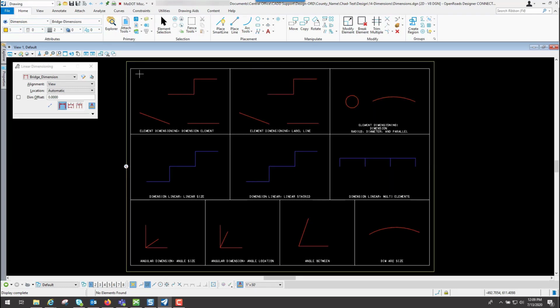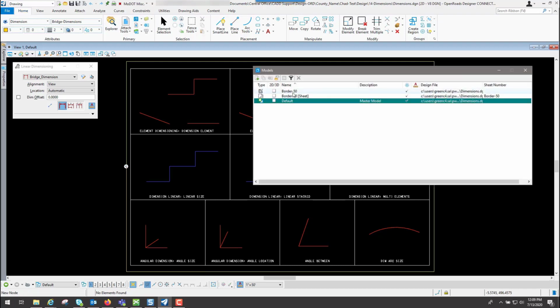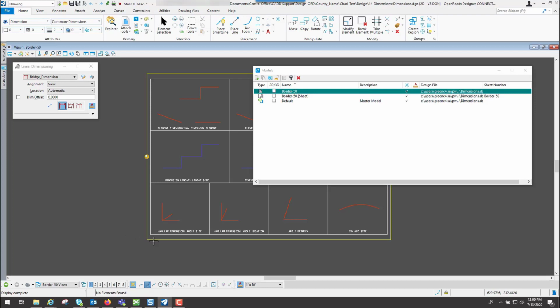Now, depending on where you want to place the dimensions, you could either put them in the default model or the drawing model. Bentley has it set up to where you do your plan graphics in your default model, and then if you go to the drawing model, which is this one right here, and the screen will look a little bit different color, kind of gray. Here's where they want you to put your other stuff like text and notes and dimensions and stuff like that that doesn't really pertain to your plan graphics. So that's where you'd place your dimensioning.